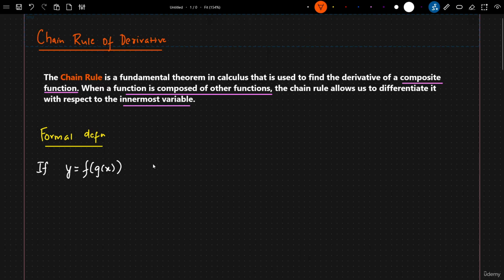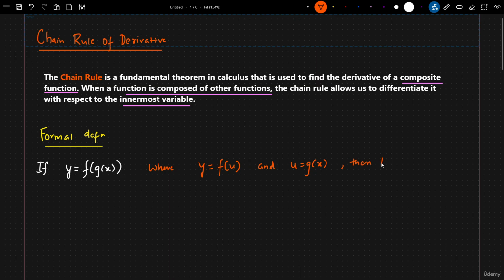Now, if I want to give some more notation, here I can say, where y is equal to f of u, and this u is nothing but g of x. Okay. So this is my another function. This is my another function. Now, when I am writing f of u, this u is getting replaced by g of x. So if I have this particular function, then